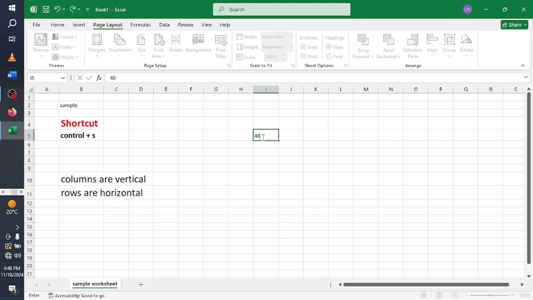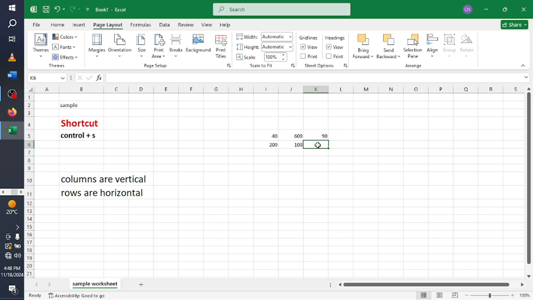I can say 40, I can say 600, I can say 90, I can say 200, I can say 100, and I can say 40. Okay, so I've just added some numbers here and we'll be doing a little bit of calculation. But prior to that,